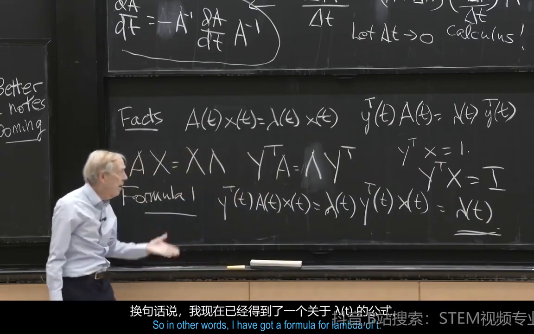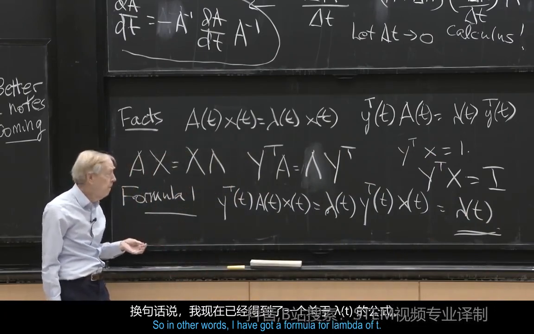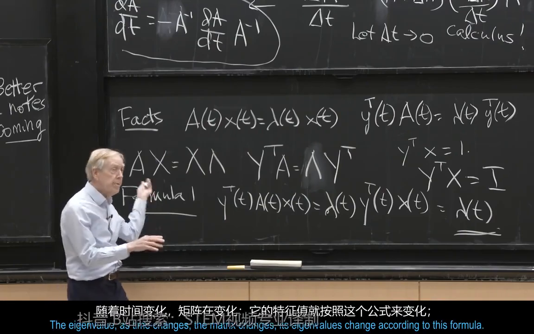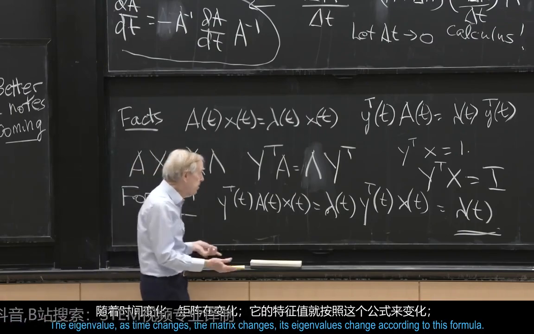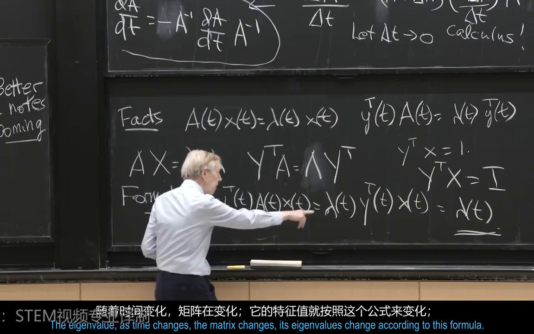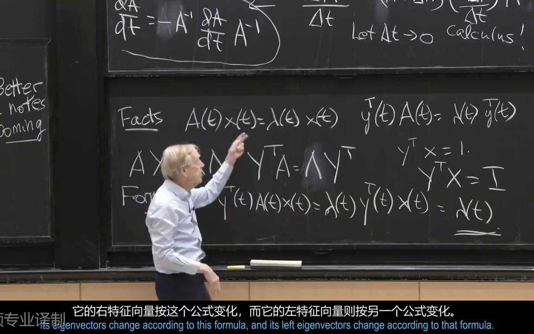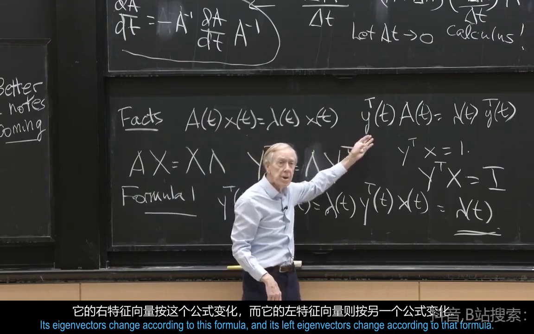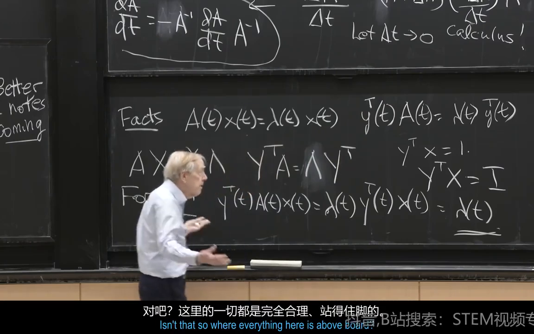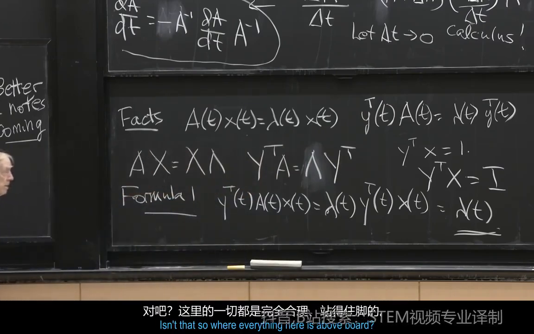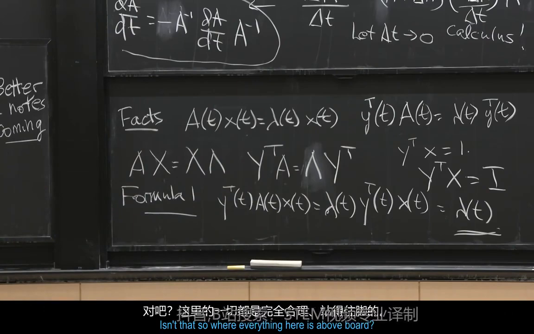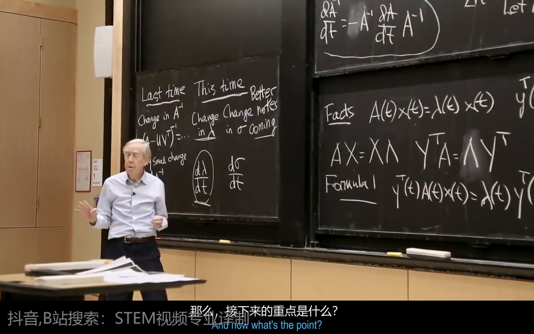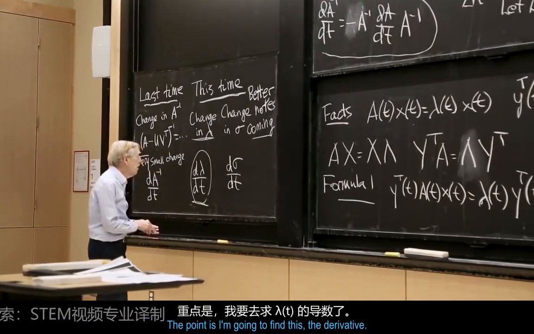So in other words, I have a formula for lambda of t. The eigenvalue, as time changes, the matrix changes, its eigenvalues change according to this formula. Its eigenvectors change according to this formula, and its left eigenvectors change according to that formula. Isn't that so? Everything here is above board. And now, what's the point? The point is I'm going to find